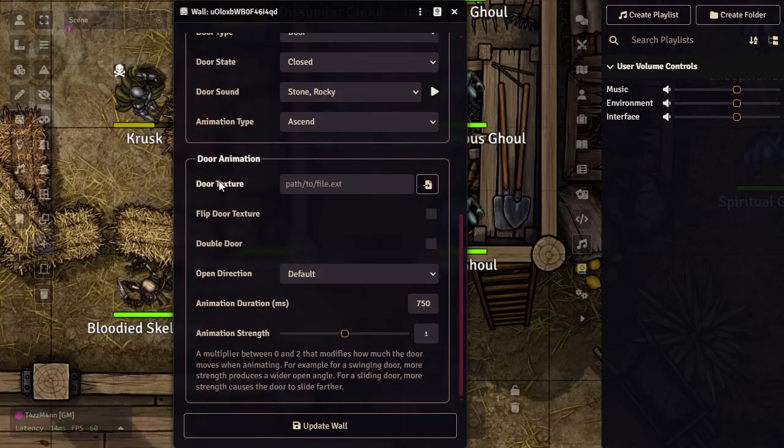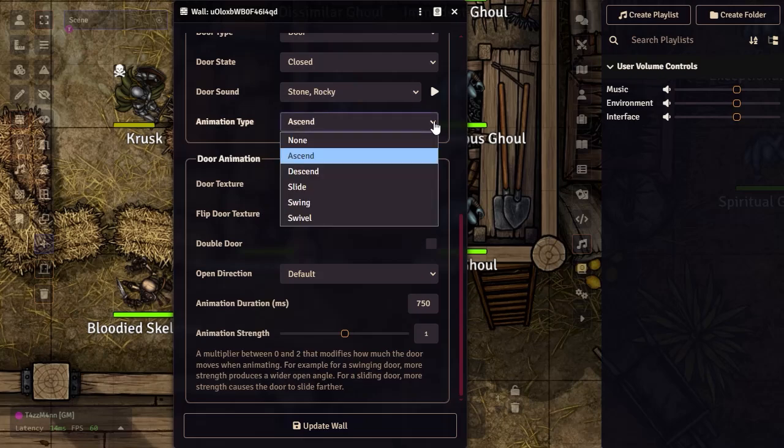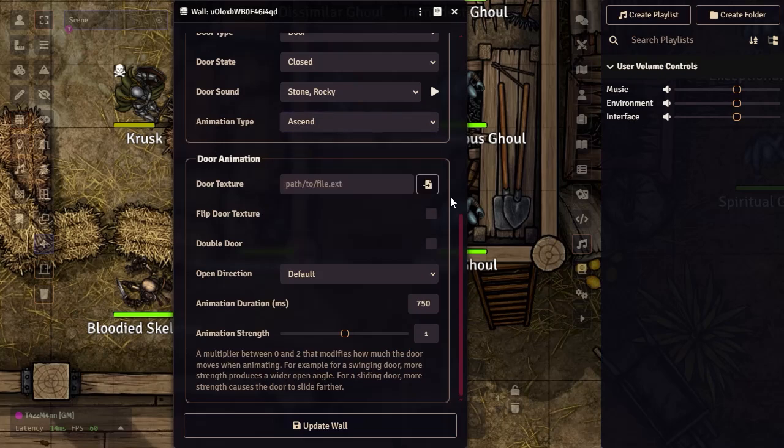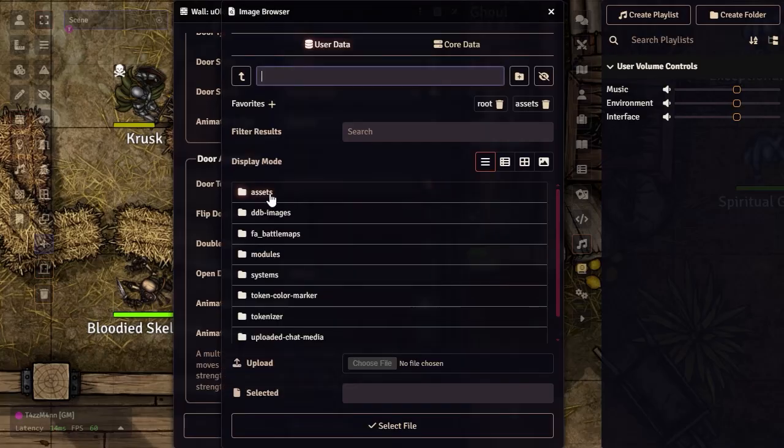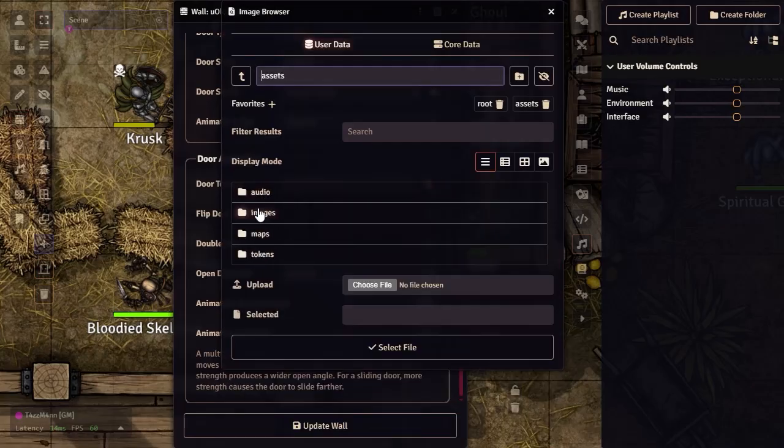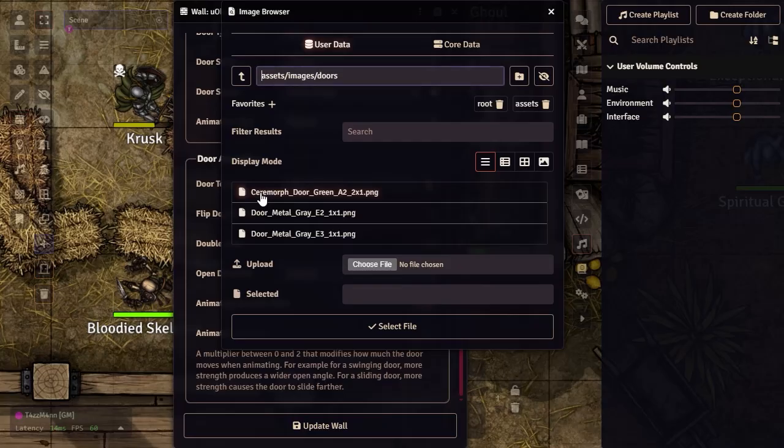Oh, there we go. Now we're getting more. I knew that was there. How come I wasn't seeing that when I was scrolling? I'm not sure. So we have these options. Oh, thank goodness. We're going to go into our assets, go to images, go to doors. And I think let's just do maybe,